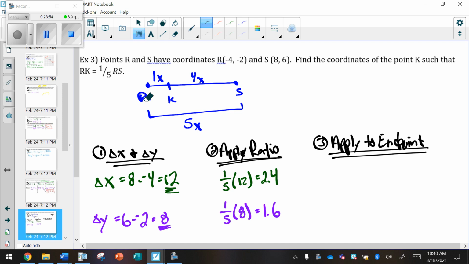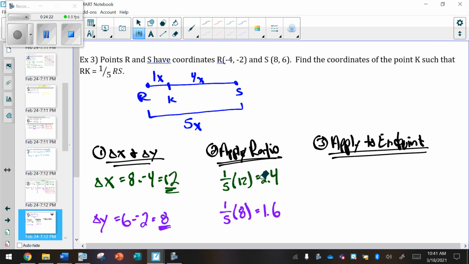So how do I know whether to go from R or from S? Well, if I go from S, I need to do 4 times the distance. If I go from R, I just know 1. So if we went from S, we would have used 4/5. But because we're going from R, we used 1/5. So I have to make sure that I apply this ratio to